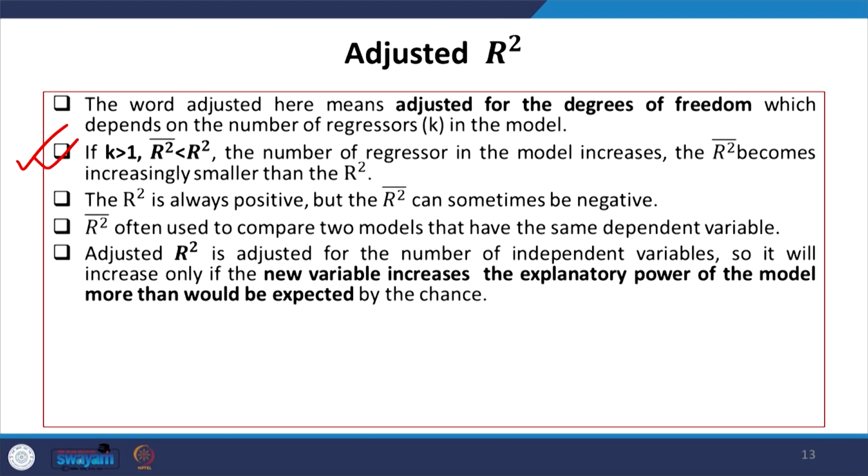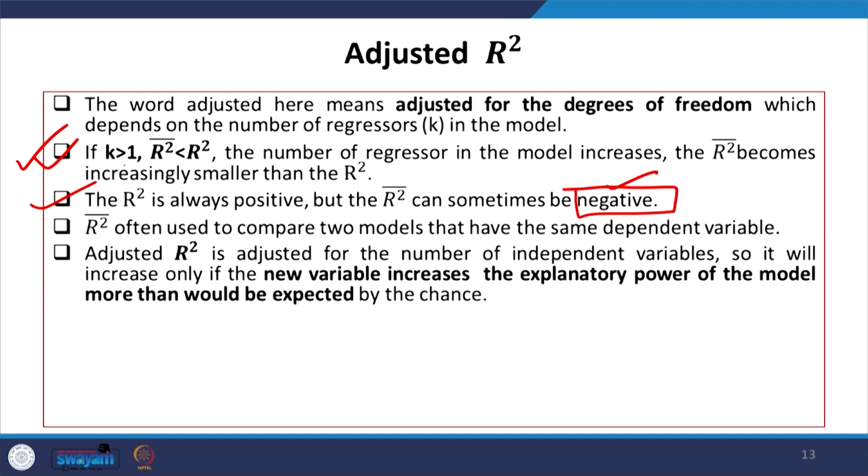Then the number of regressors in the model increases. So, adjusted R square becomes increasingly smaller than that of just R square. The R square is always positive, but the adjusted R square can sometimes be negative. Okay. So, this is to be highlighted, and it is very important